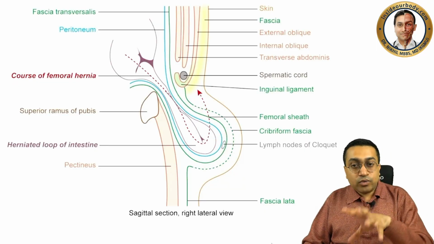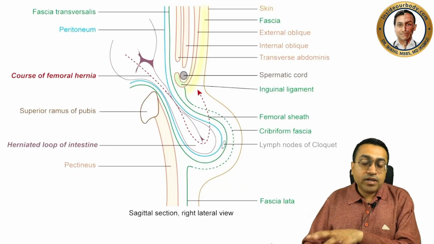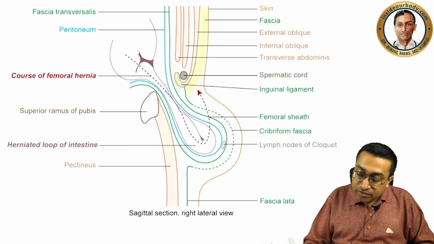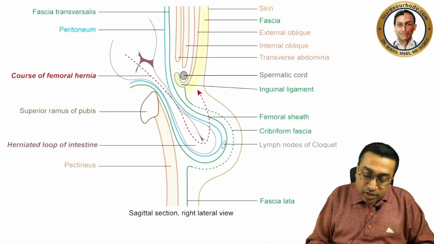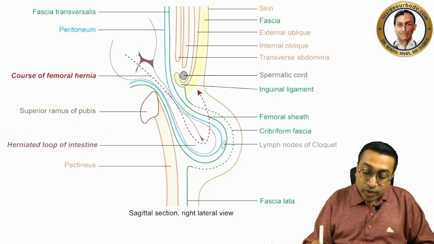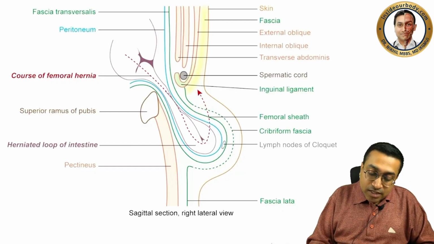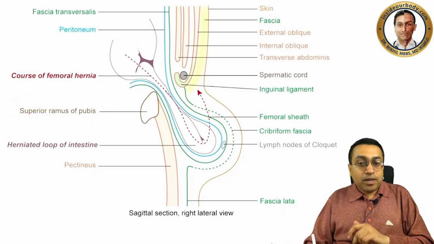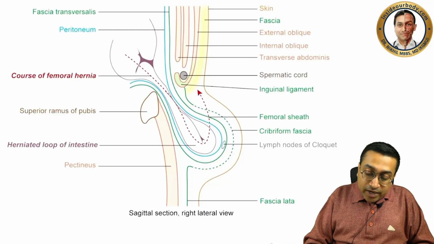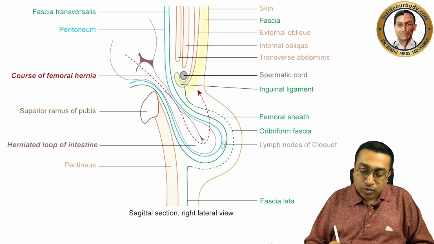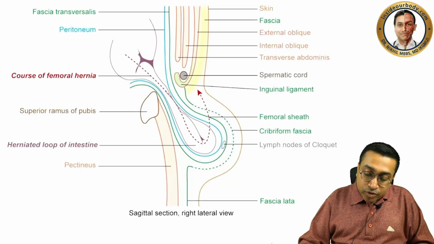So that means we are going inside this medial most compartment, that is the femoral canal. You can see the contents, the herniated loops of intestine, shown in this photograph. What else is important to notice? You have this superior ramus of the pubis. You remember the pubic bone, we can palpate that also. Anterior to this pubic bone you have this herniation which is happening, and posteriorly you can see